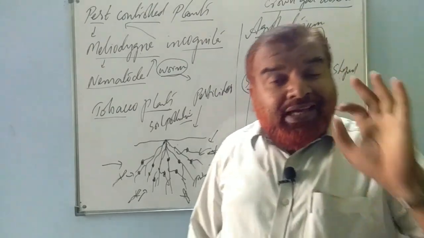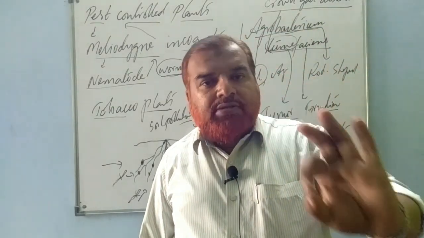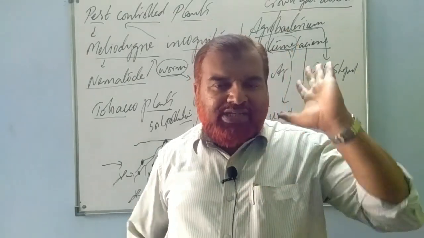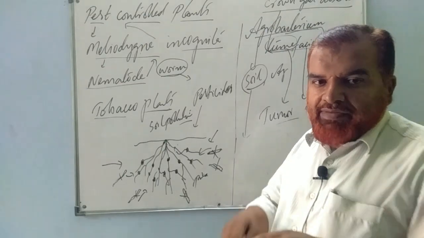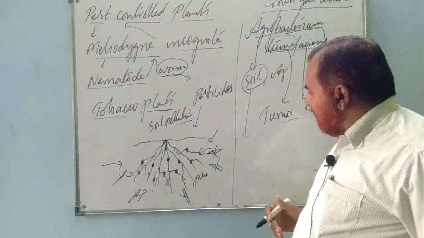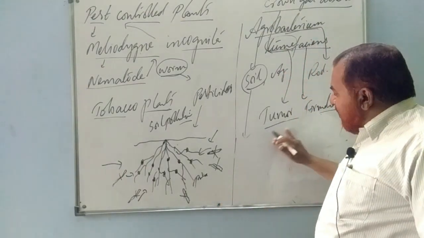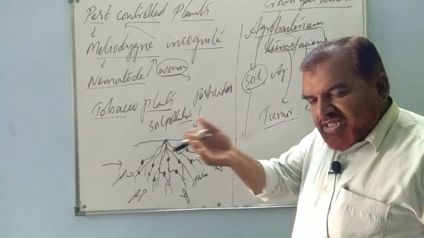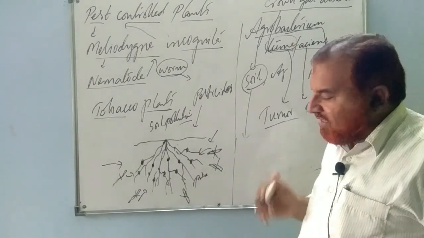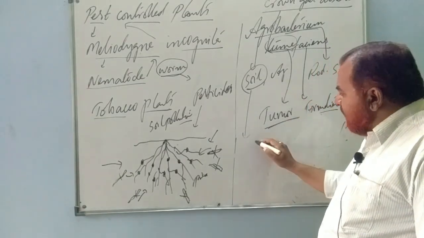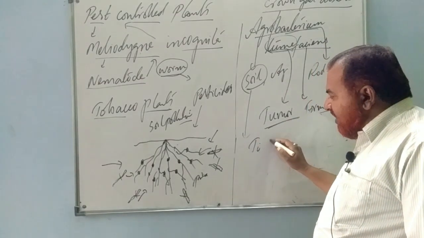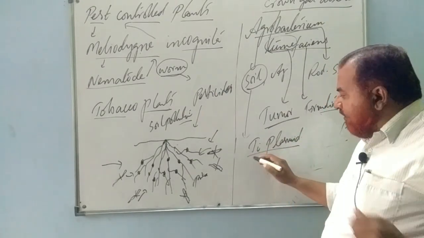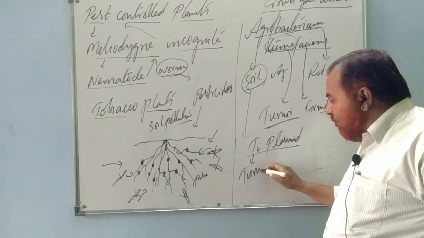You might have studied: an extra-chromosomal, self-replicating, double-stranded, circular bacterial DNA is known as a plasmid. You have studied in 11th chapter, or you will be studying it. That plasmid is used as a vector, a vehicle to transfer genes, DNA, RNA. Similarly, this bacterium has a plasmid known as the TI plasmid. What is TI? Tumor inducing